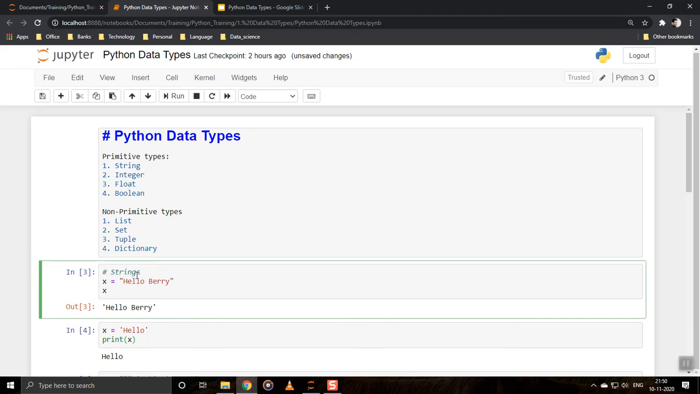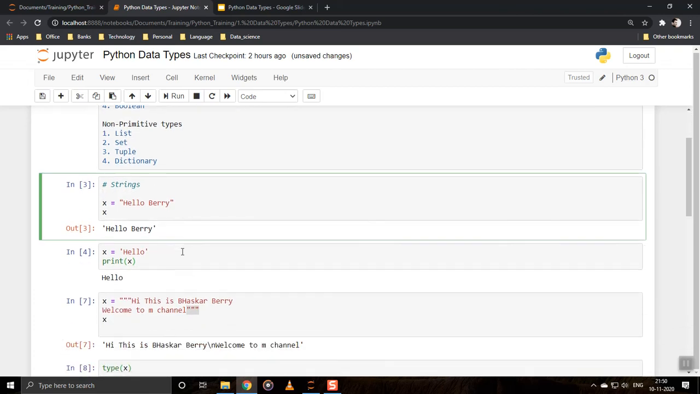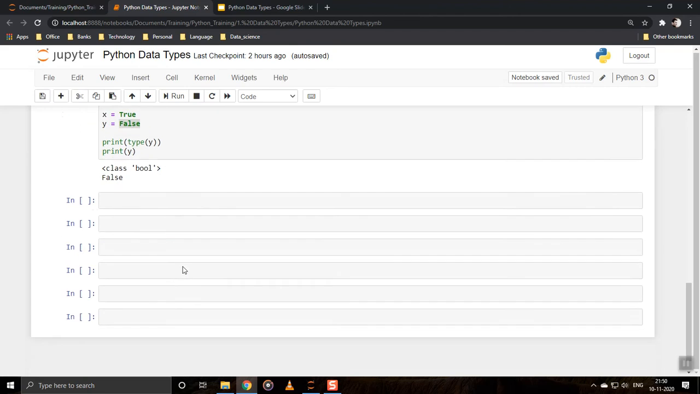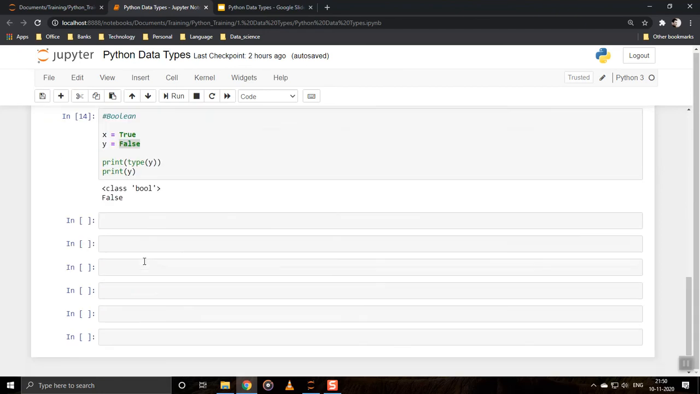And these are some of the primitive data types. There are a lot of methods in strings, so I'll be showing them in the next videos. I don't want to make a very lengthy video in this one. And the next one is non-primitive data types, a list. So we already told that lists the